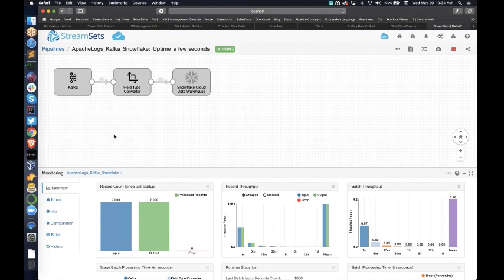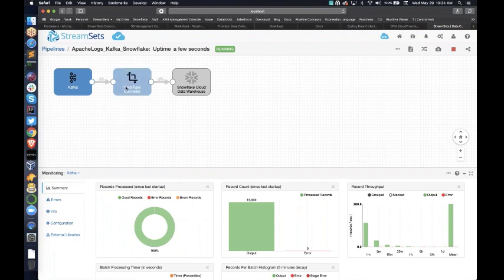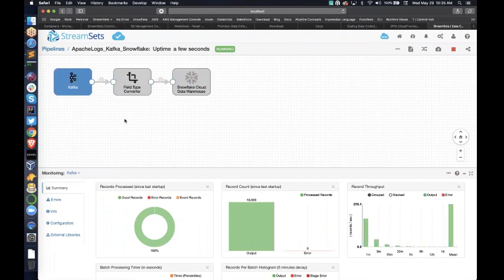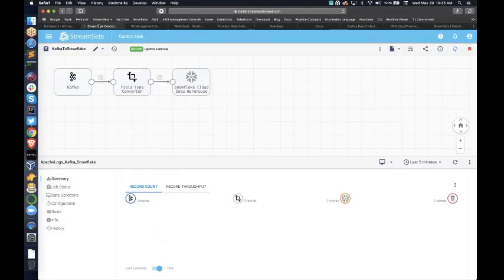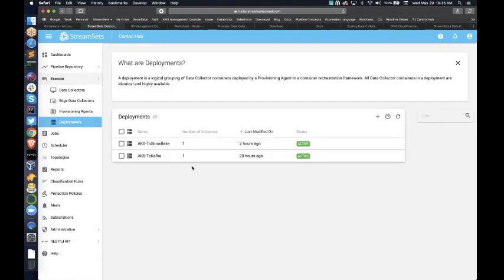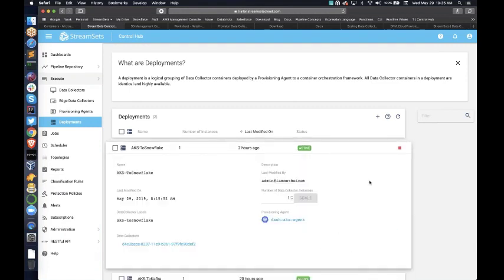Here you can see the metrics for the pipeline. Clicking on these, you can see individual stage metrics. So it looks like things are moving along pretty fine. Now let's see how we can scale data collectors without stopping our jobs or pipelines. So for that, I'm going to go back to our deployments. This is the one that we'd like to scale up data collectors. I'm going to go ahead and increase to say 3. Click on scale,